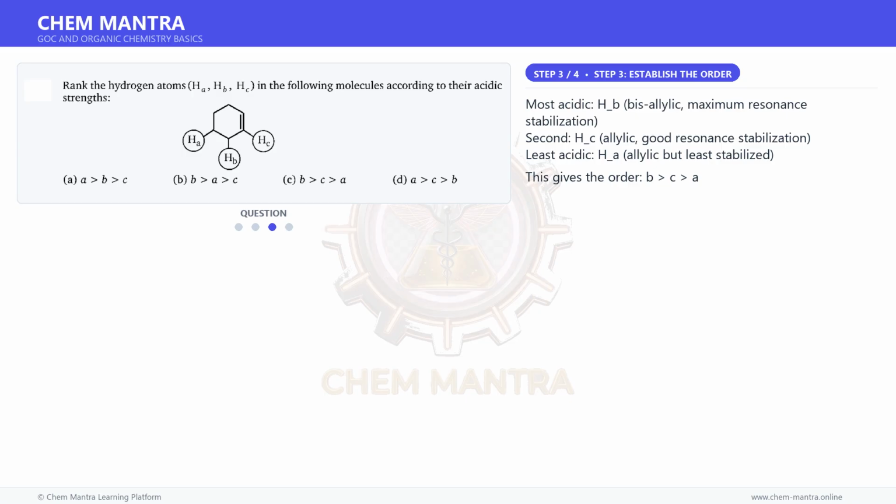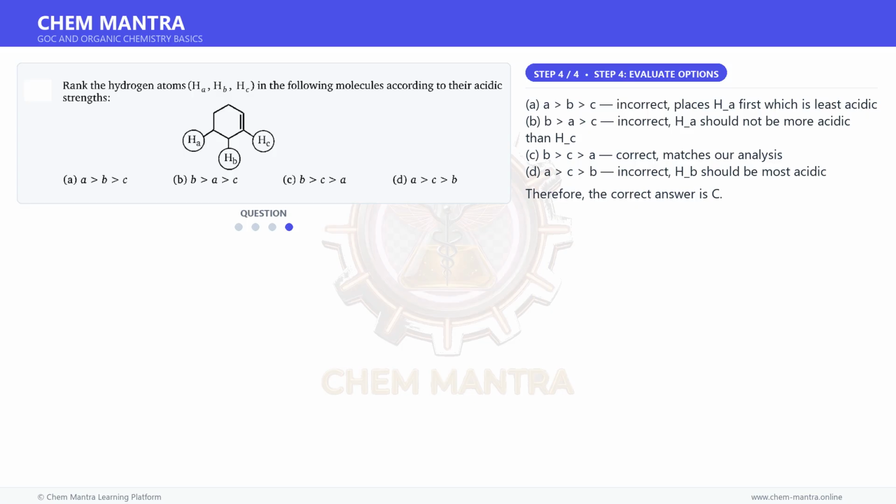Most acidic, H_B, bisallylic, maximum resonance stabilization. Second, H_C, allylic, good resonance stabilization. Least acidic, H_A, allylic but least stabilized. This gives the order BCA. And for the final step,